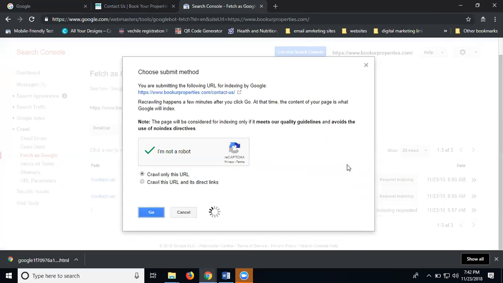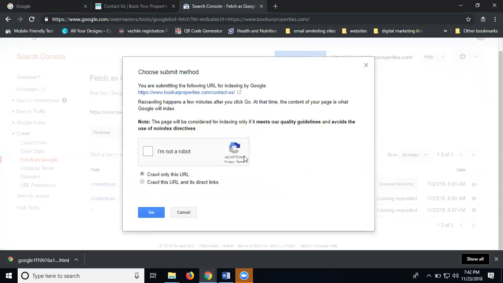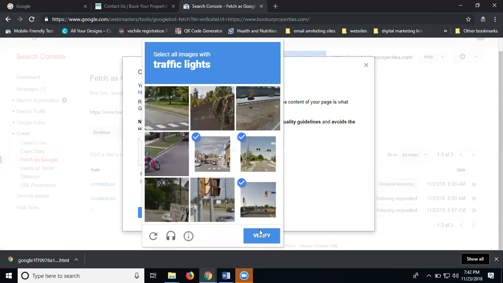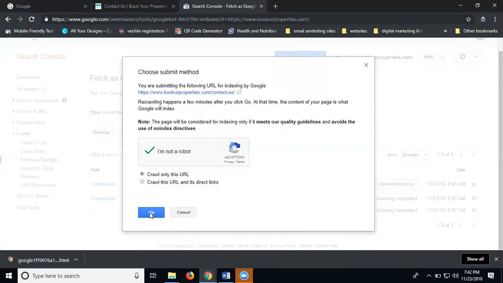Select it. Request index, I'm not a robot. I'm selecting the first option. Select the captcha images, 1, 2, 3, based on the requirement.